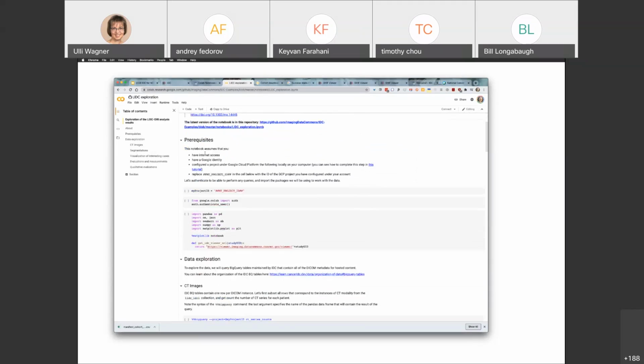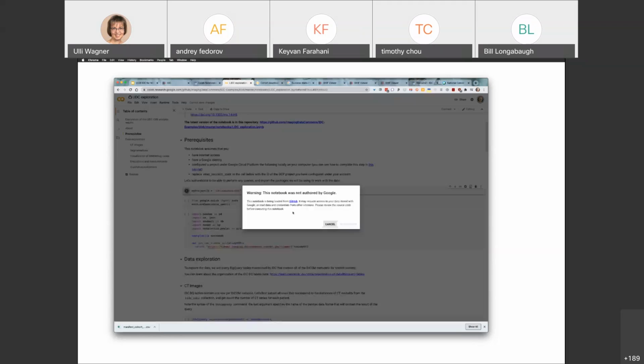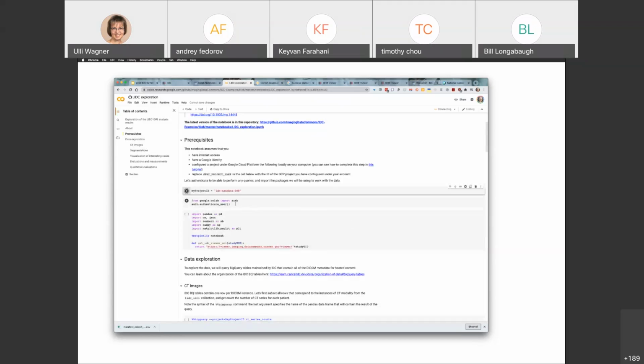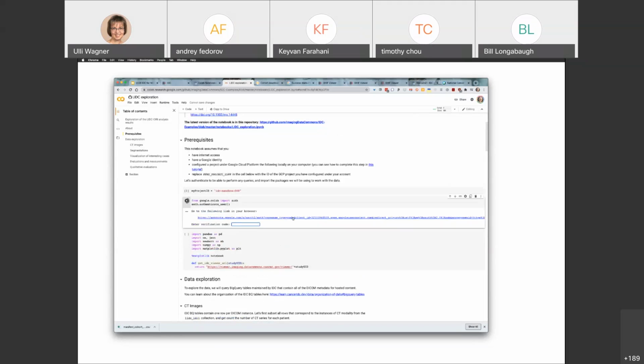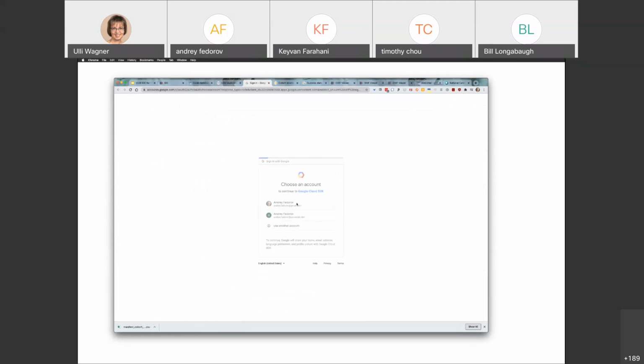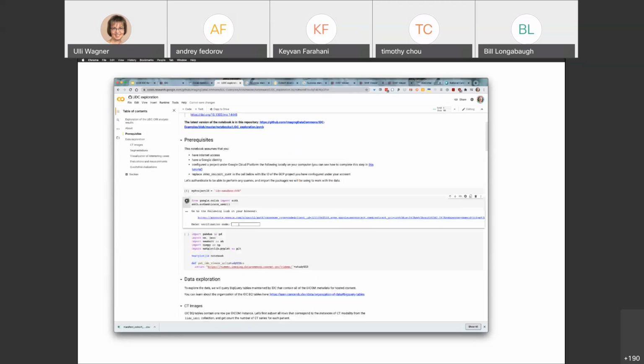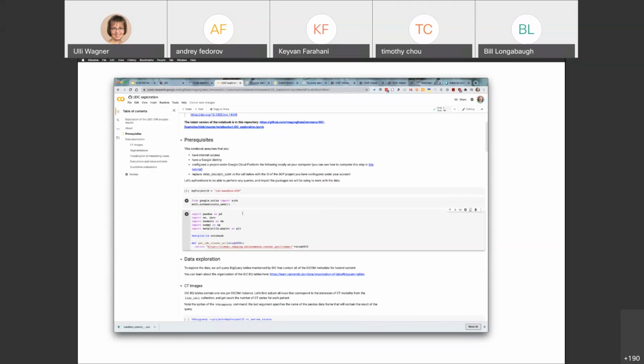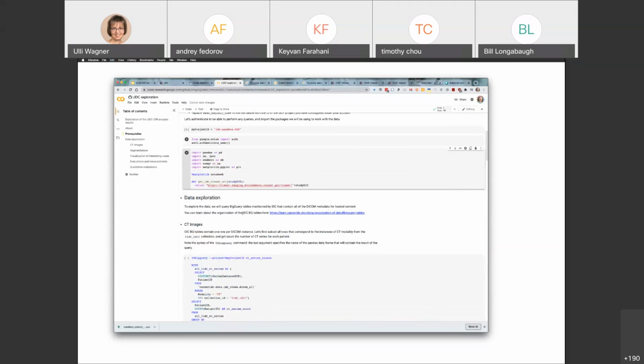Again, the prerequisite here is that I need to have a project with the billing configured. And we do have video tutorials that explain how this can be done. It's quite easy. So you can see the VM is initialized. I authenticate. It's a new VM, so I need to authenticate again. Right. So now that I have authenticated,